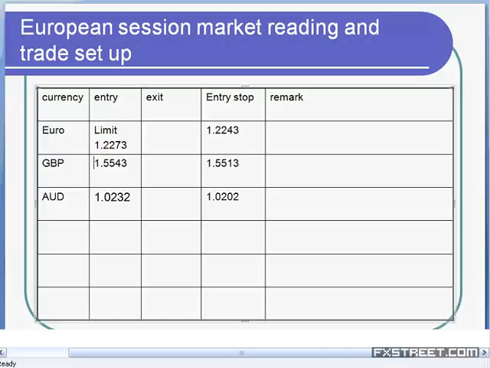So let me minimize the PowerPoint presentation and take up the questions which are asked here. I'll give you the fate of these positions. You can also enter in your demo trading account and see what happens to these: whether the limit orders are filled, and in case they are filled, whether they are hedged, or in